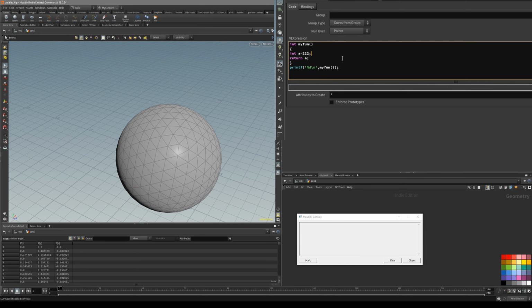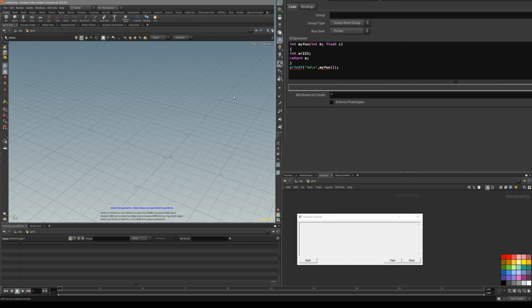Now let's go one step above. Let's actually create the int value in our function head. So let's say int b. Now we have int b, one value. Also you can write two values, and you have to separate them by a semicolon. So int b and, actually, let's create a float c, like that. You can see now we have two values, but it's going to error out